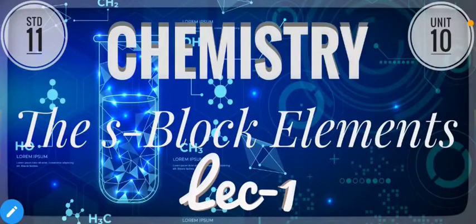In this lecture we are going to discuss the common characteristics of s block elements and their chemical reactivity, physical reactivity, occurrence, abundance in the earth crust, etc. We know that the periodic table is designed based on different orbitals. Mainly we have four blocks: s, p, d and f. We are going to study all of them step by step.